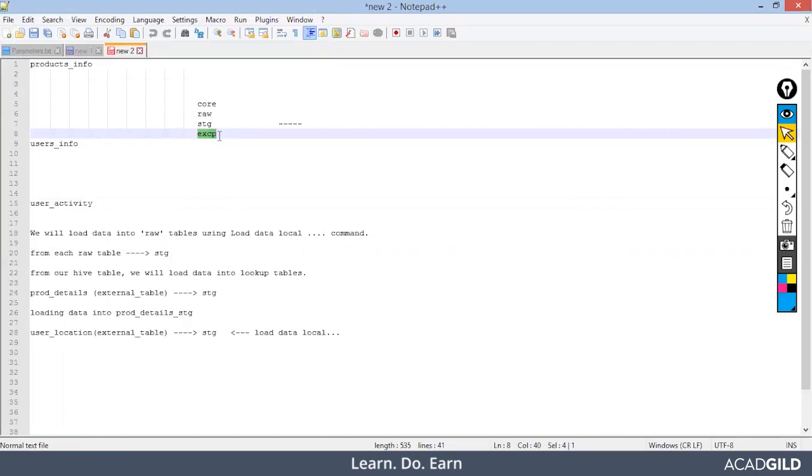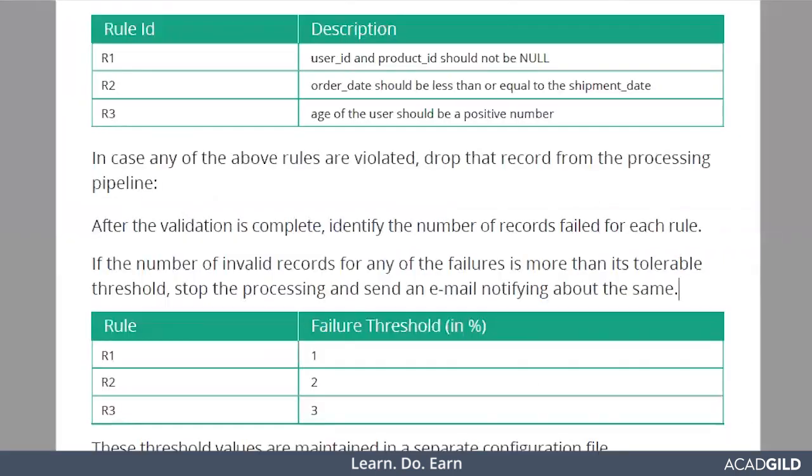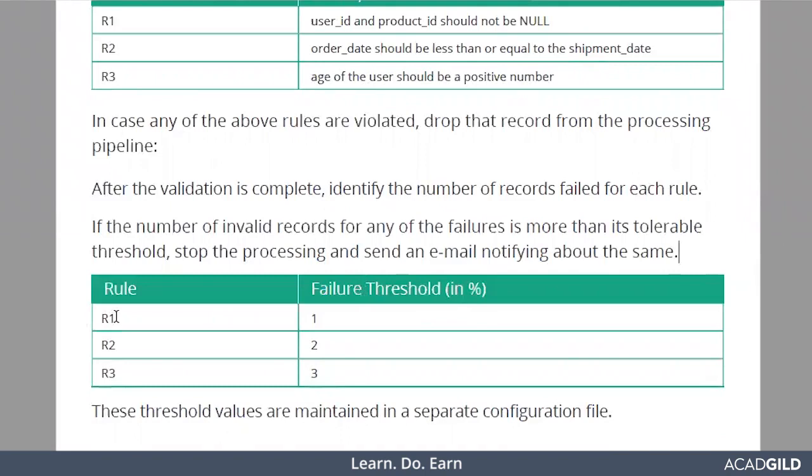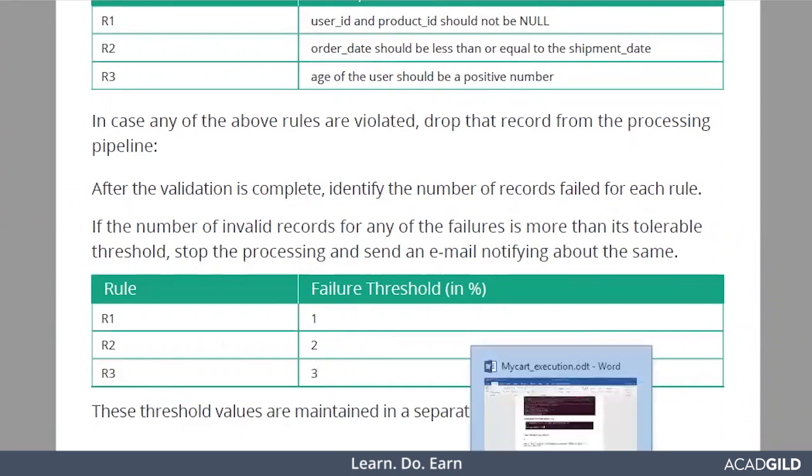Why are we doing this? Because we need to find out the threshold. If there are more records than this particular threshold, it should be stopped. It should not be considered for processing, because that is not pure data. So that is why we are counting it and loading it into the local files.